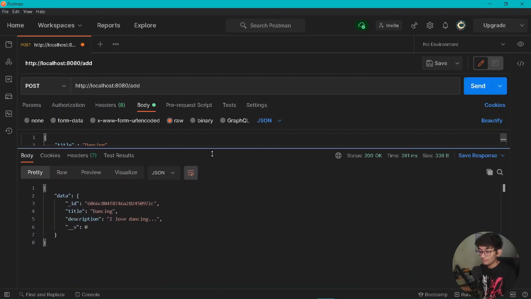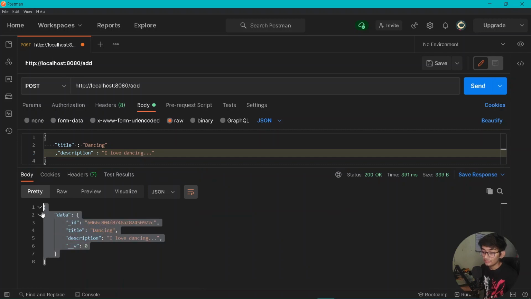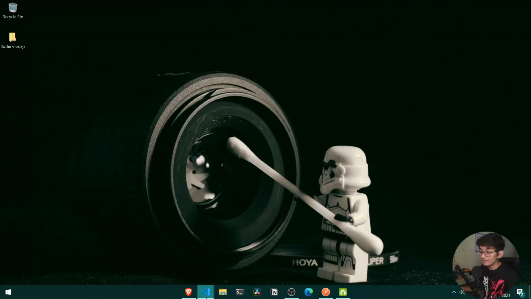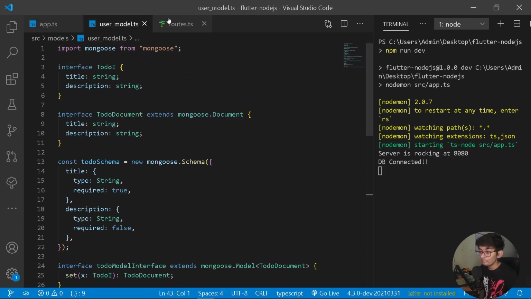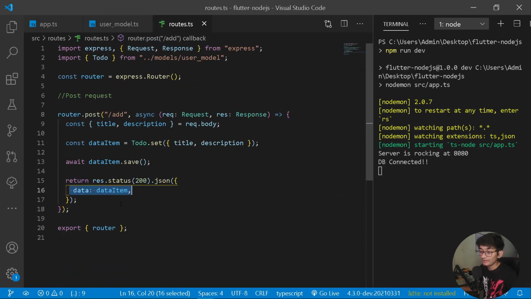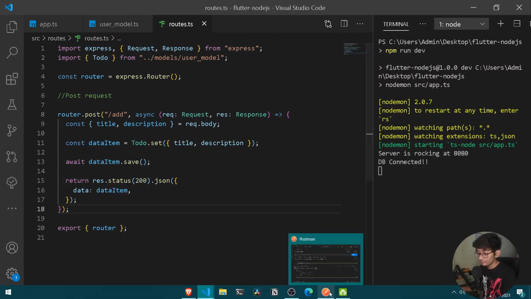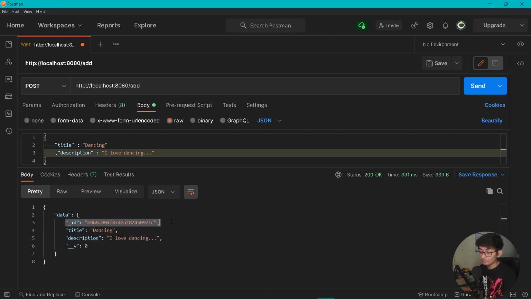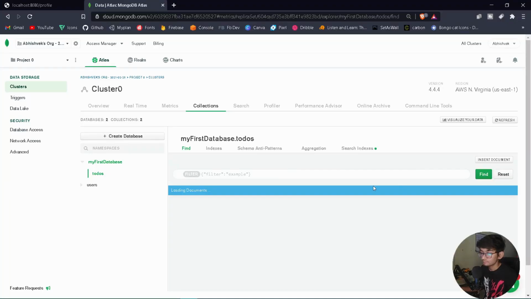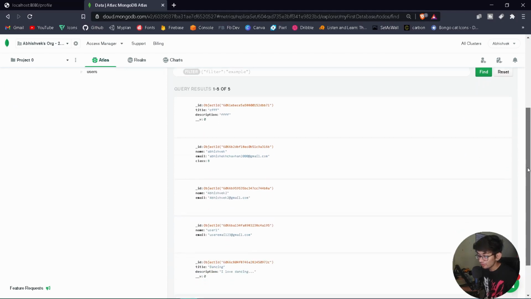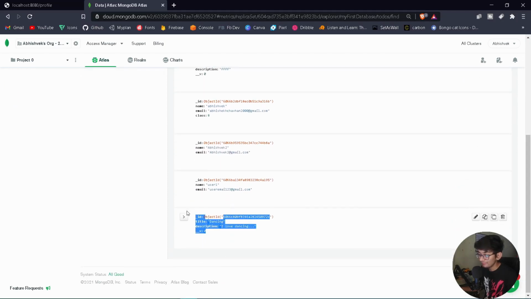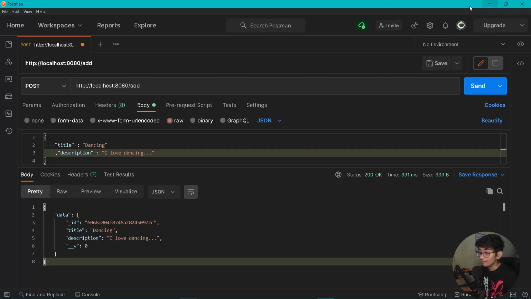Let's open our response, and now you can see we will be getting our response under data, because we are now assigning our data to be the data item. Let me show you here. So under our route you can see we are assigning our data to be data item, and we have now successfully inserted data under our MongoDB. So here you can see we will be getting an ID, which will be an object ID, also its version, title and description. So once we have added here, let's check our MongoDB. Cool, so here under the list of to-dos, you can see we will be getting one more document known as dancing. Congratulations, we have successfully added some data under our MongoDB with the help of Express server.